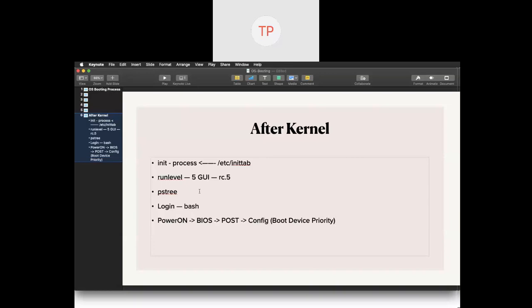Once you select the device from the priority, what is available there is the master boot record. From the master boot record, it will look for the active, this part is important, active primary partition. It will look for the active primary partition, where it will find the bootstrap code,